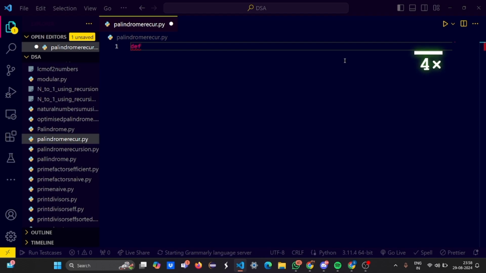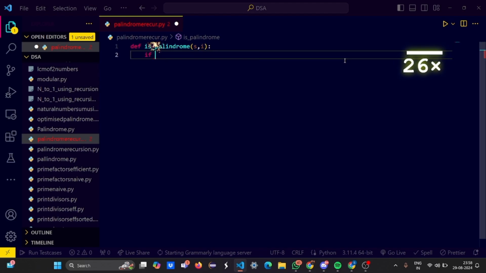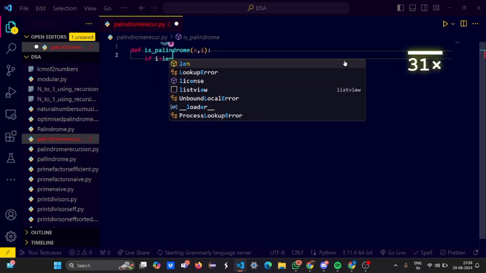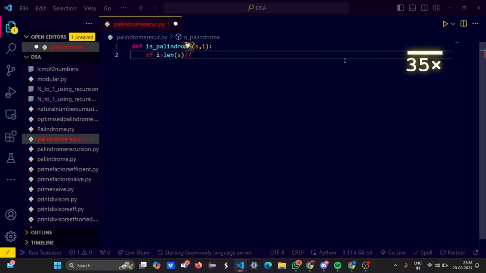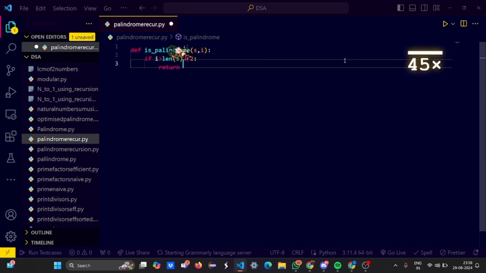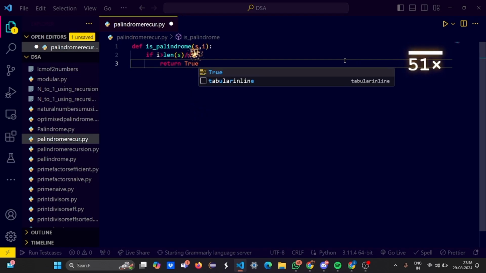So let's write a function, def isPalindrome. Let's put our parameters, the starting index and the ending index. If i is greater than the length of the string integer divided by 2, then we are going to return true. We're checking if a particular string is a palindrome or not.